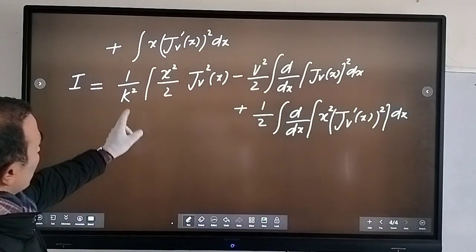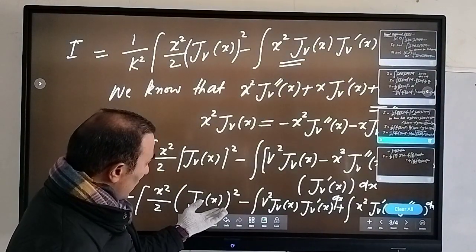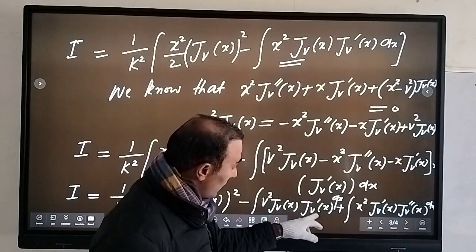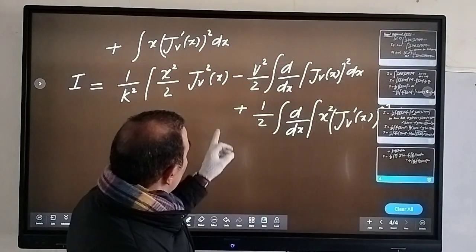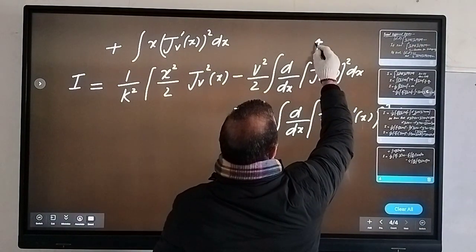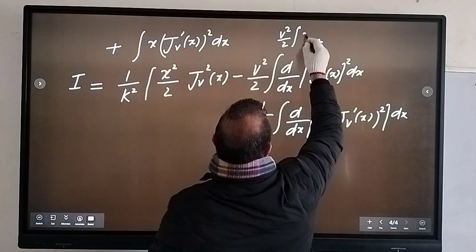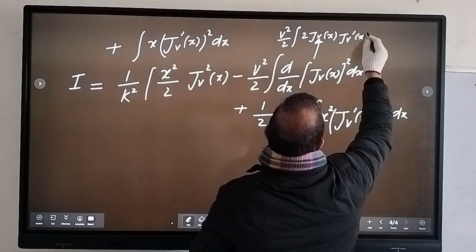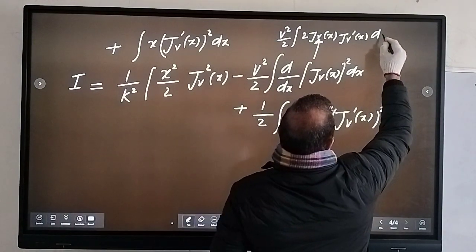Right? तो अब मैंने क्या किया, तो पहली जो टर्म मेरी है, that's 1 by k square x square, तो वो ऐसी ही है। तो सेकंड टर्म के बदले मैंने क्या लिखा, बिकॉज जो मेरी सेकंड टर्म है that's x square Jv dash of x d of x, right, and then x square this, तो that means अगर मैं सेकंड टर्म को ऐसे लिख सकता हूँ, तो अगर मैं इसको evaluate करूंगा, तो ये जो टर्म मेरी होगी, तो ये क्या बन जाएगी, v square by 2 integral that is twice Jv x Jv dash of x d of x, right, okay, into d of x, right।